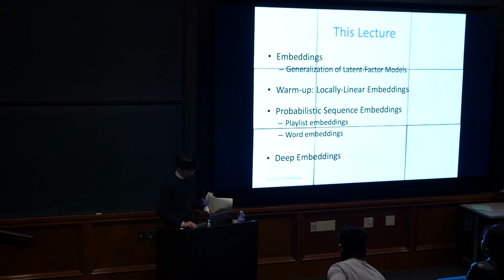So again, we're going to start with locally linear embeddings. I'm even going to skip some slides because Professor Yisong also skipped some slides. So we're just going to go through it quickly. Okay, so the